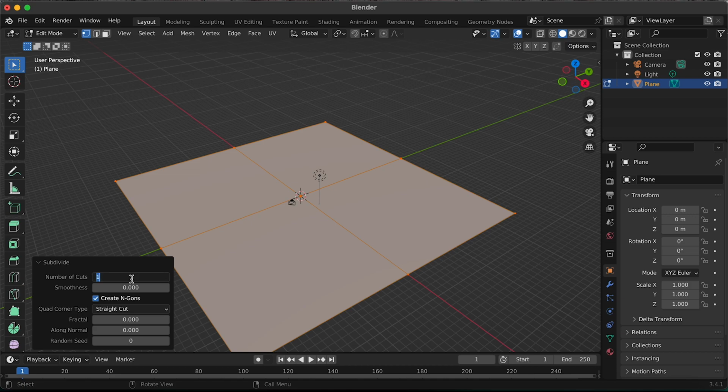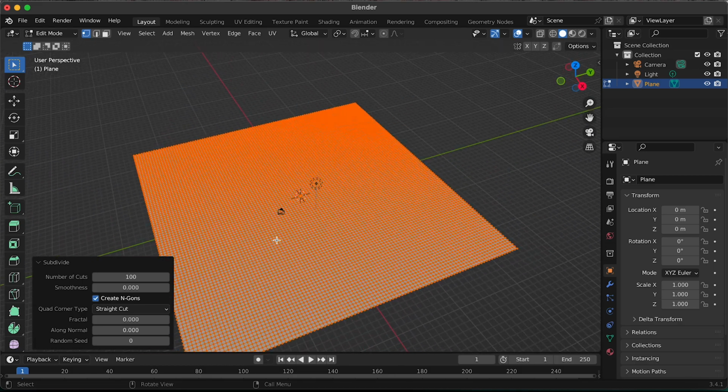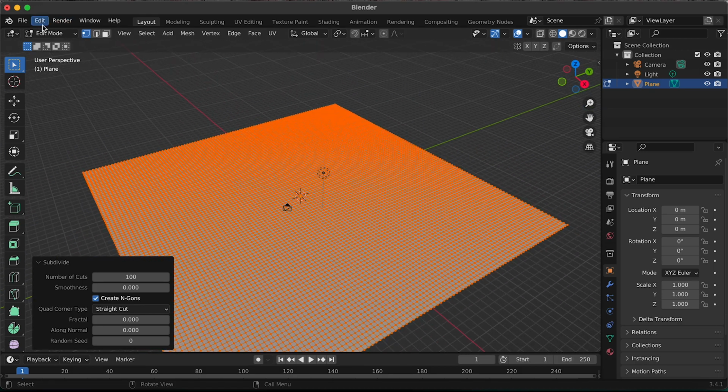subdivide the number of cuts. You can set randomly. I will set to 120. Yeah, it looks good. Then we set to sculpt mode